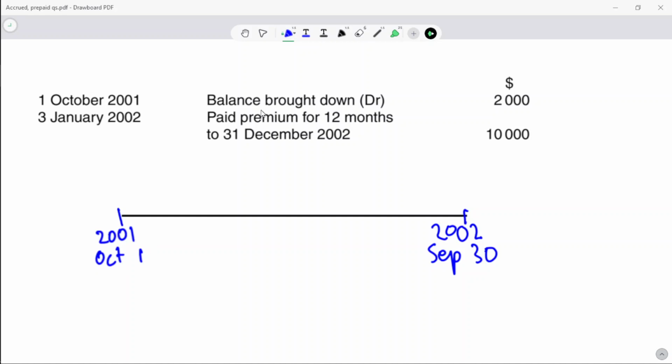This one the first line is very obvious. The second line will be pay, right? So this one will be credit bank,